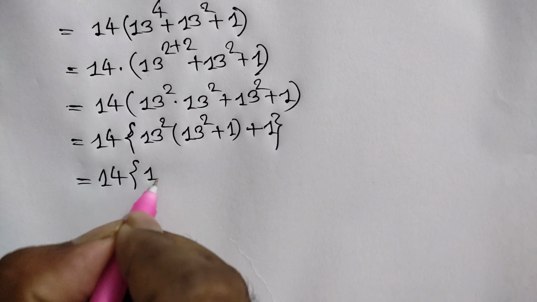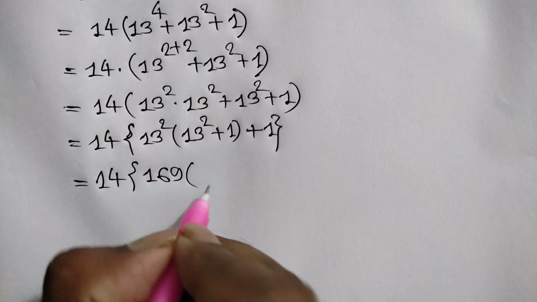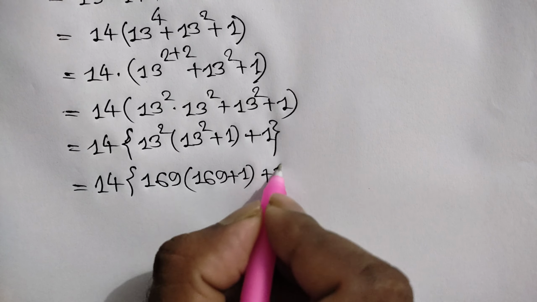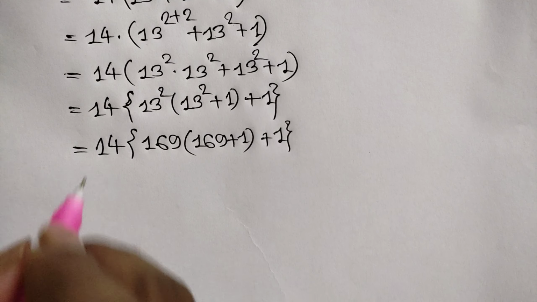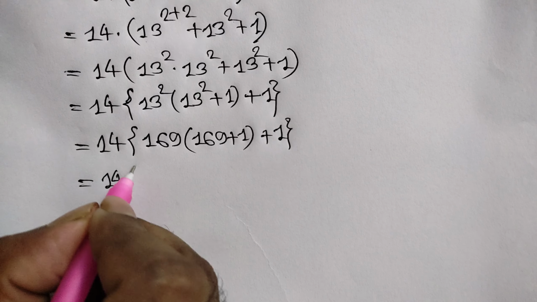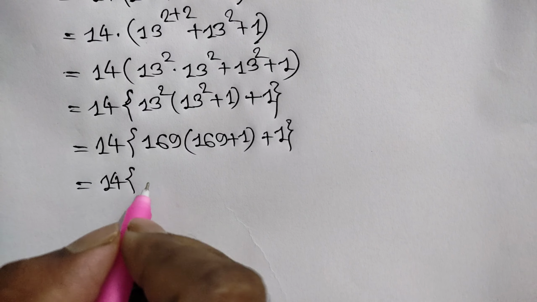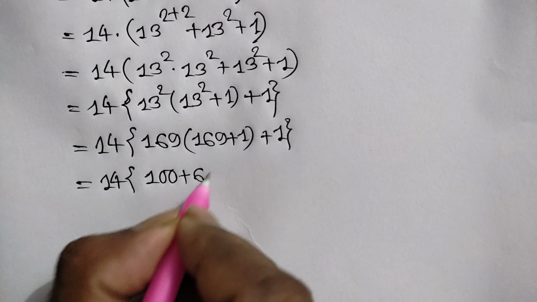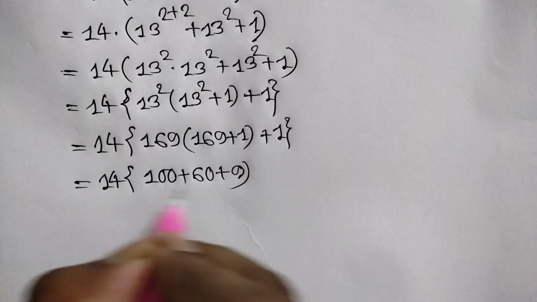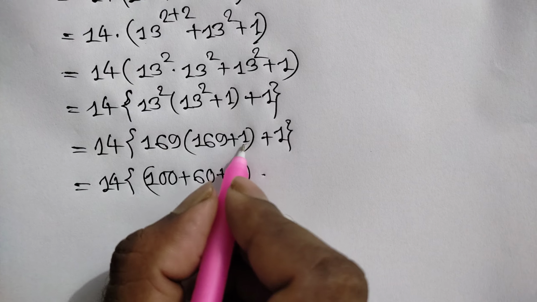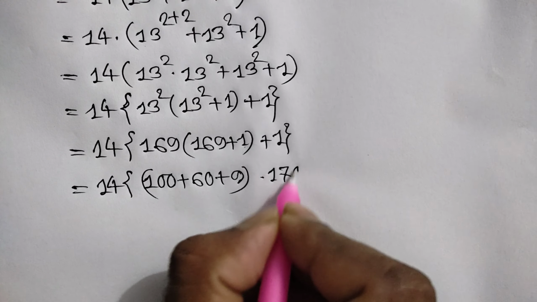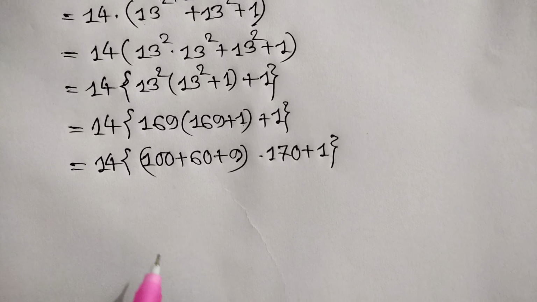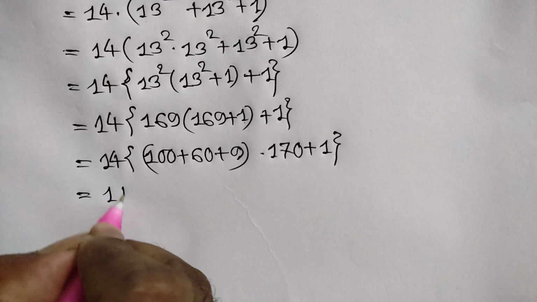This is equal to 14 times 13 square, that means 169 times, here we will get 169 plus 1 plus 1, is equal to 14. Now 169 can be written as 100 plus 60 plus 9, times 169 plus 1 is 170 plus 1, is equal to 14